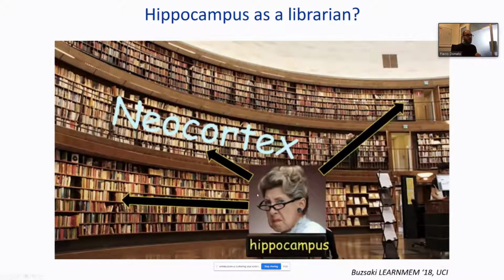Indeed, when we put the animal into the same room of the fear conditioning, we do not have the reactivation only of the hippocampal cells that were active at the moment of acquisition. We have a reactivation of engram cells that is general to many, many areas of the brain. But if we silence the hippocampus at the moment of recall, this pattern of reactivation of engram cells in other areas of cortex is also lost. So you need the hippocampus to reinstate the pattern of activity that you had during acquisition in other areas of cortex.